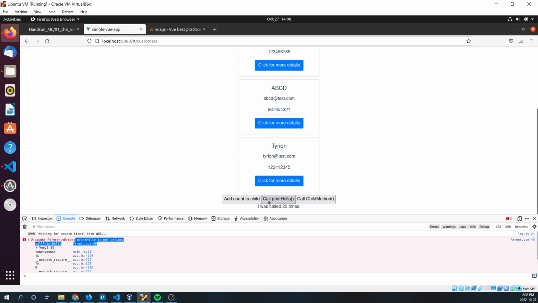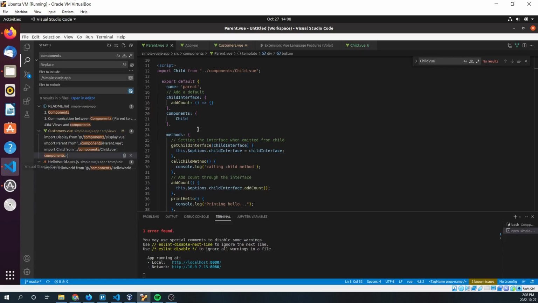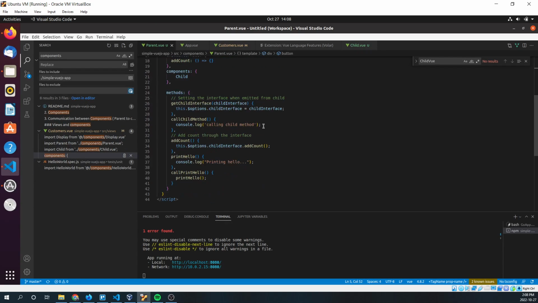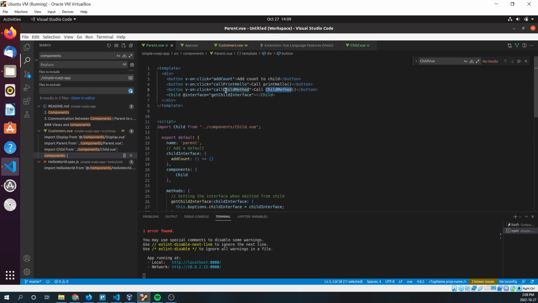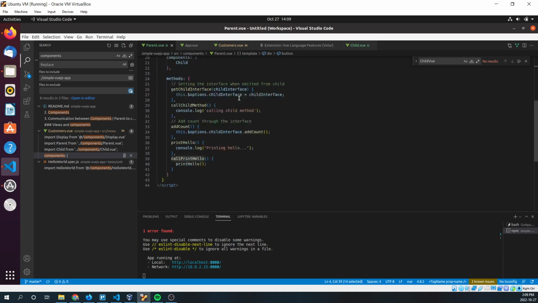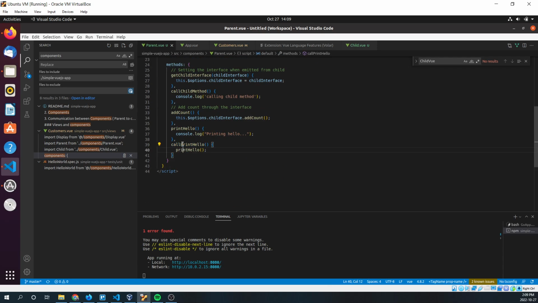Now this is also another potential solution for this error. You notice when I click call print hello, you get the error method is not defined. This could also be due to the following scenario. Right here, you can see that call print hello is referencing this function. So call print hello is calling the print hello function. But since we're not using the this keyword, it's not working. So what we have to do in this scenario is add the this keyword